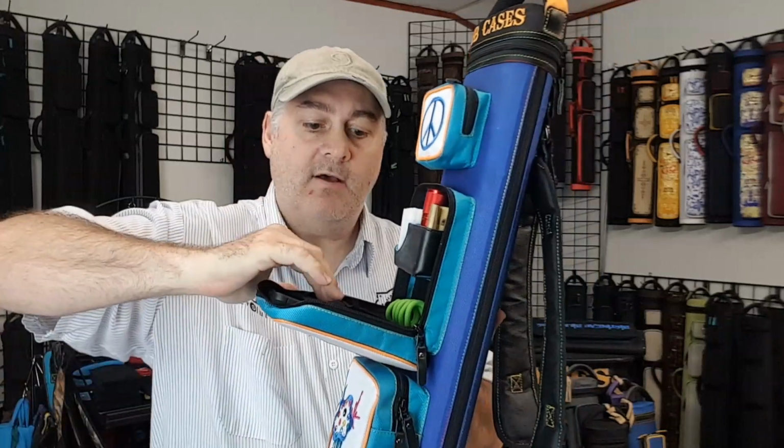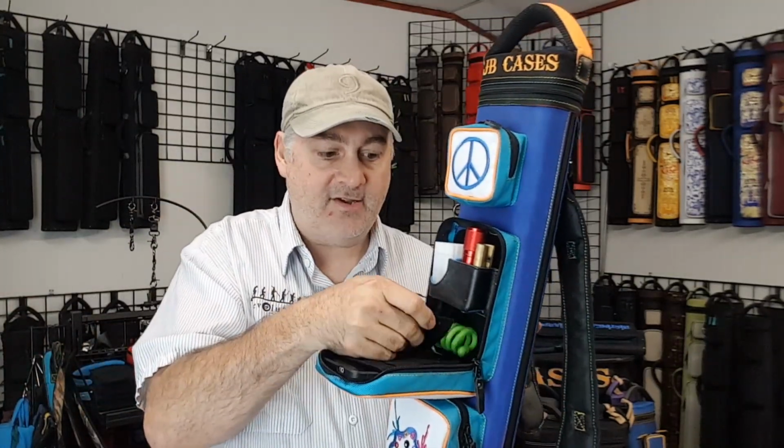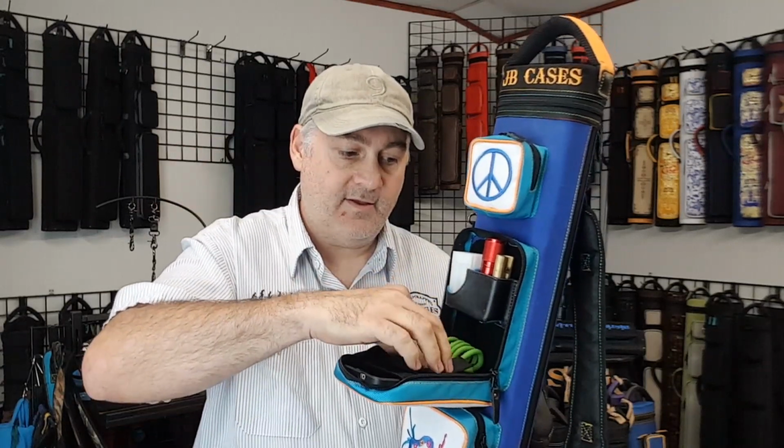So if I wanted to put my wallet or some money or something extra right in there, maybe a credit card, whatever, I can just easily slip it right in there. And then that piece detaches that easily. So you can see it's very versatile in that way, and easy to keep your stuff. All right, now